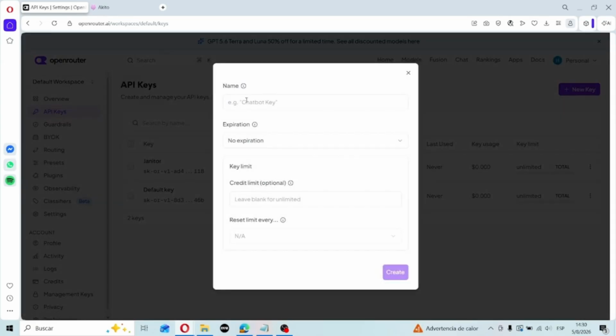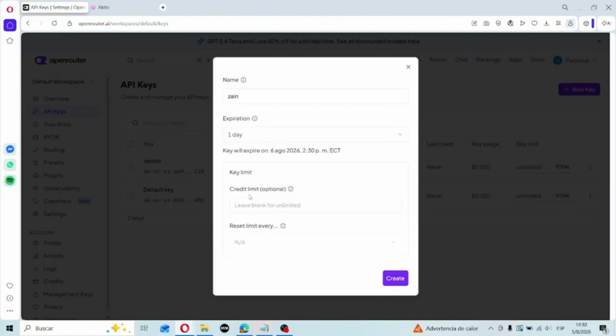You can name it anything. In this case, I'm going to give it that name. I will set the expiration time to 1 day, and well, the credit limit is optional. That doesn't affect anything. So you're going to click on create, and you must copy the API key it generates